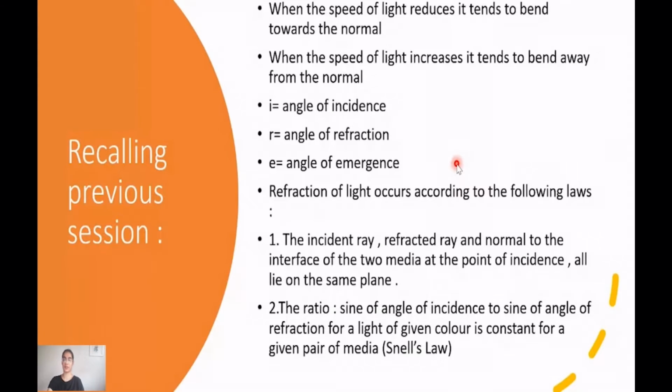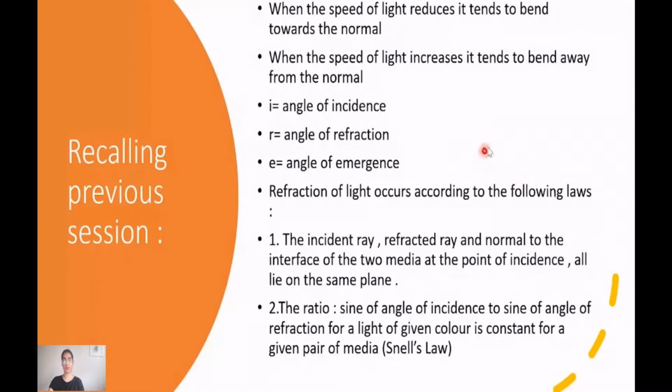Refraction of light occurs according to the following two laws, be it plane surfaces or curved surfaces. First, the incident ray, the refracted ray, and the normal at the interface of the two media, so at the boundary of the surface where refraction is going to take place, all lie in the same plane. Second, the ratio of the sine of the angle of incidence, that is the angle that the incident ray makes with the normal, to the sine of the angle of refraction, that is the angle that the refracted ray makes with the normal, for any given light of any given color,